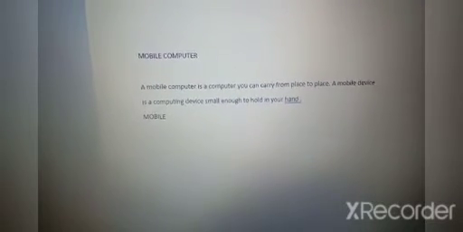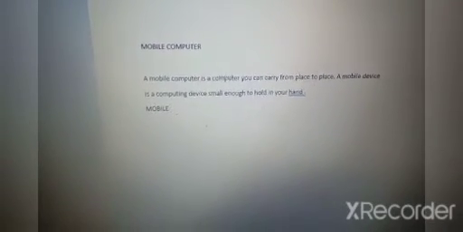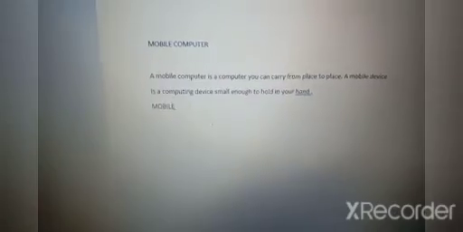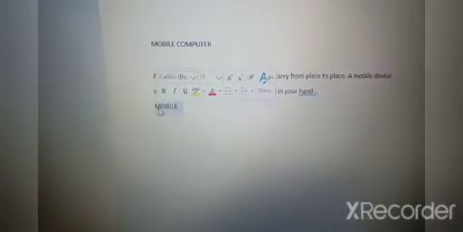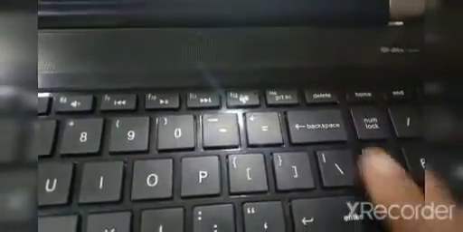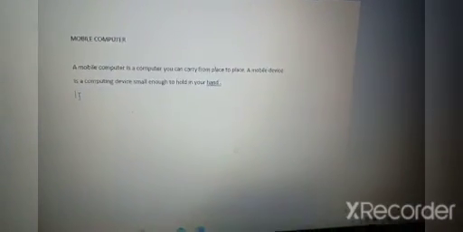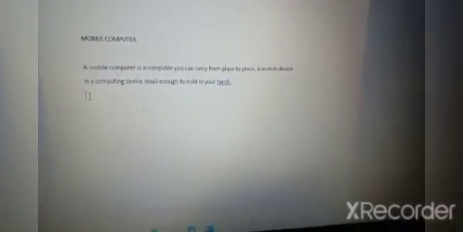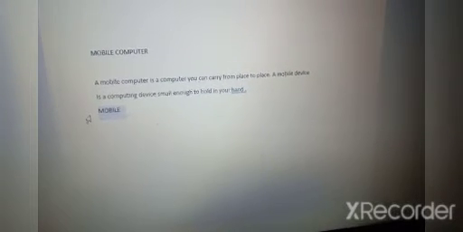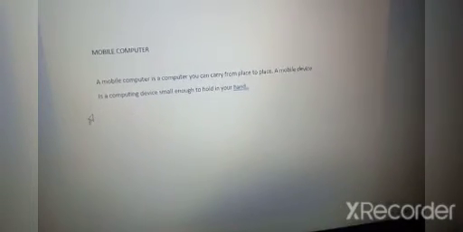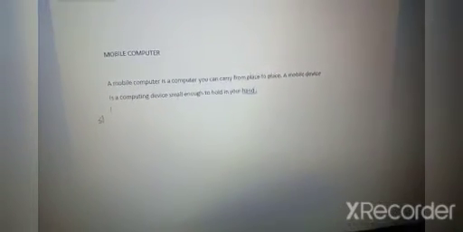Okay, you can delete the text using this, or you can remove full text by selecting it and using the delete key. You can just press this delete key which is above the backspace. You can see, select it and press delete key, it will get removed. Okay, you can select the whole text. See here, I will show you. You select the text, press delete key, it will get removed. Okay, this is called deleting text.